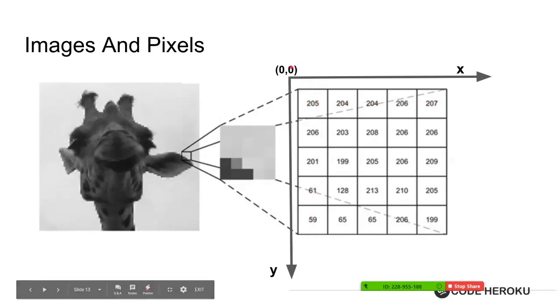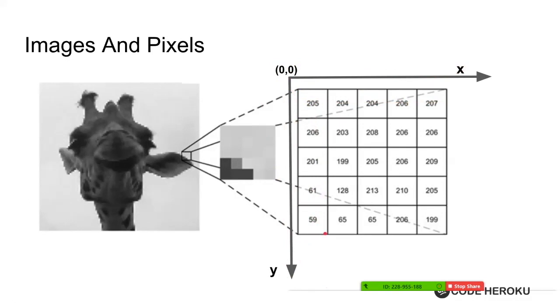This will go from (0, 0) to (width of this image, 0), because y is still 0. And this will go from (0, 0) to (0, height of this image). The total height of the image is h, so it will go from 0 to h. When we are working with images, this is how we will consider the image pixels to be numbered. It's essentially a matrix, or a table. And what we are saying is that the first cell in this matrix is the (0, 0) location. And that's how you would do it in matrices as well.